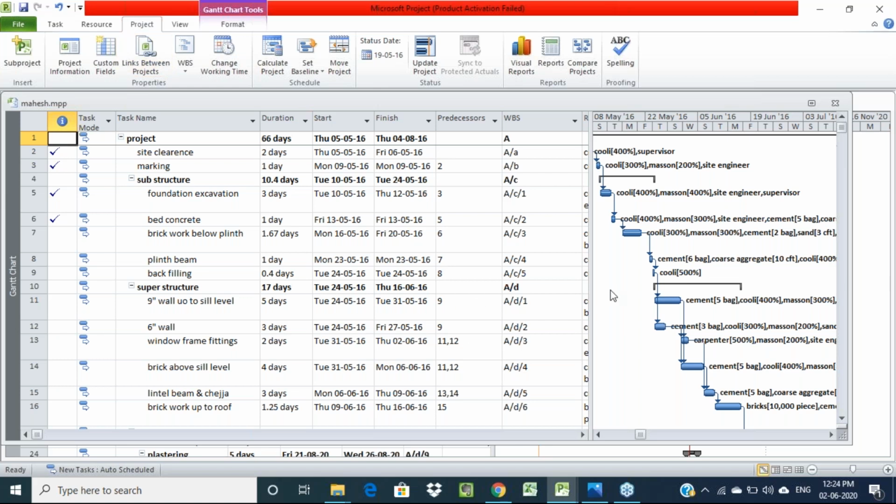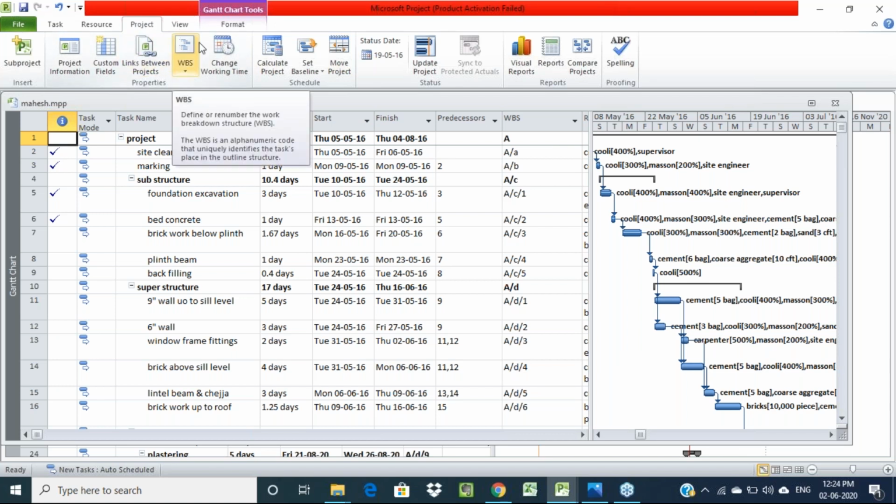So for example, we did all this work in our project. After entering all this data, if you want to update the project, for example, if your project starts today, then after 1 month, if you want to track how much work needs to be completed, we can track it using the software, and cross check on the site whether the work is completed or any work is still pending. All the data we can track. For that, we have some tracking options.